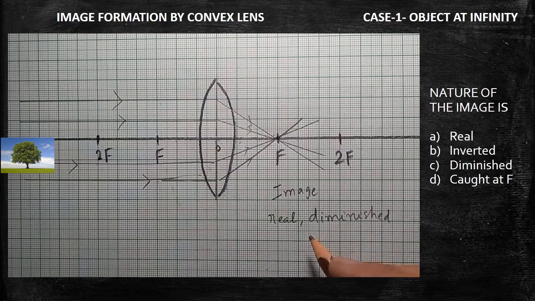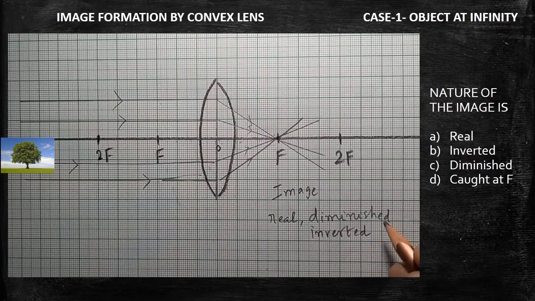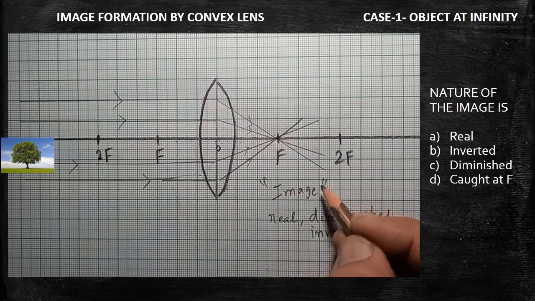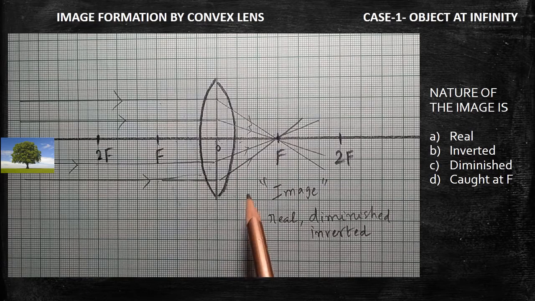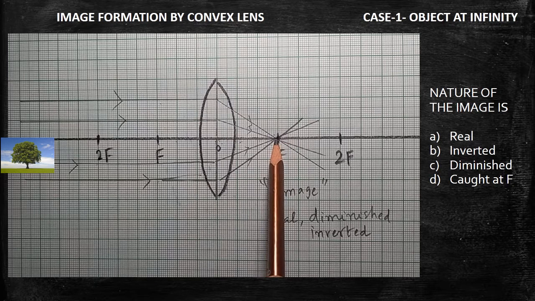But here on the screen you will be getting the inverted image. So these are all the descriptions about the image. Are you clear? That can be caught on the screen. The name of this method is also called the distant object method. The thing that I have explained is called the distant object method, that you will be doing in the lab also. Okay, I will send the video also for the distant object method. Okay, this is the first case. In the first case, what we have done, the object was kept at infinity and the image is caught on the screen at f. Are you clear?